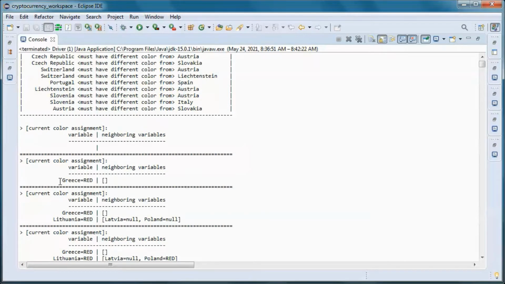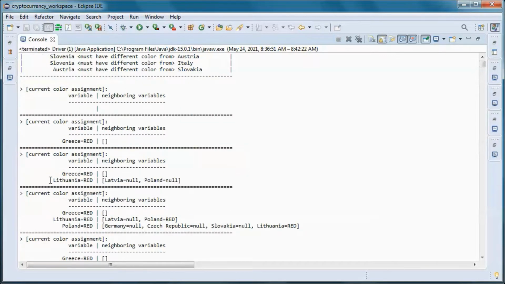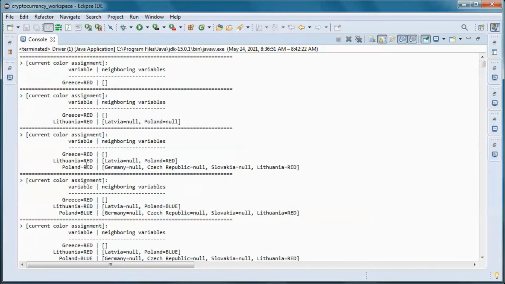So we start by assigning this color to this country, and it doesn't have any neighbors. So we move to the next country and we assign it this color, and this is its neighbors. And then we move to the next country, and it has this neighbor that we already assigned the same color.